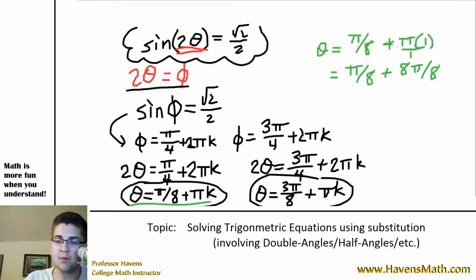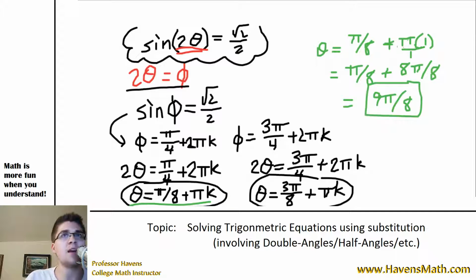But anyways, we would have pi over 8 plus 8 pi over 8. And again, once we match our denominator, we add the numerators. Pi plus 8 pi would make 9 pi. Just like x plus 8x is 9x, pi plus 8 pi is 9 pi. And so this solution here, 9 pi over 8, would also be on the unit circle, because this angle